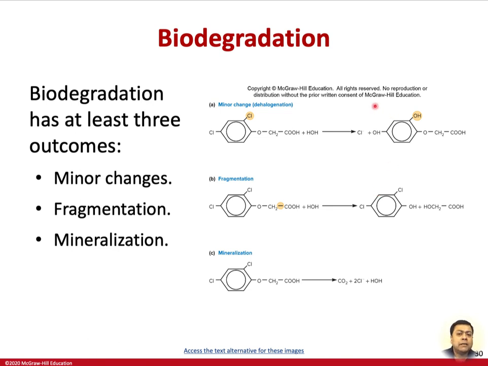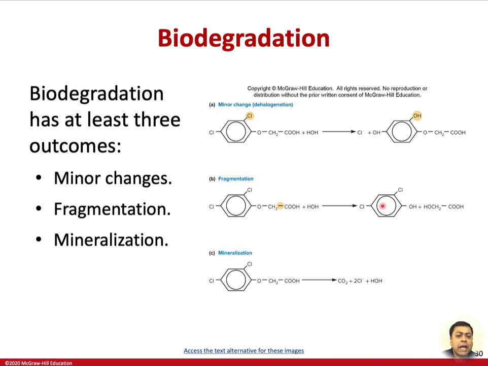What happens right here in this process we call dehalogenation. You can see that right here, this chlorine is being removed and replaced by a hydroxyl group. So this is basically a dehalogenation. Remember that chlorine, bromine, and fluorine are the three halogens, so chlorine is one of them. So in dehalogenation, the functional group is substituted by the hydroxyl group for the